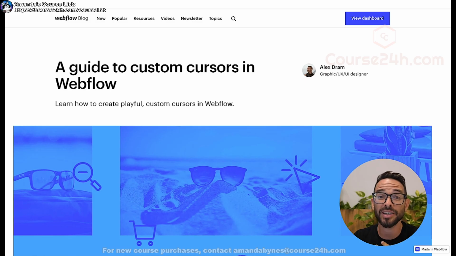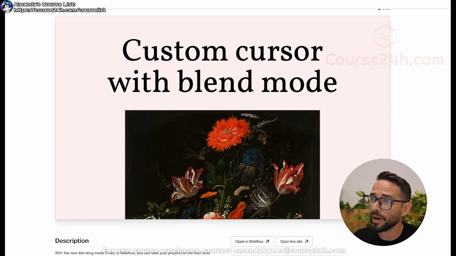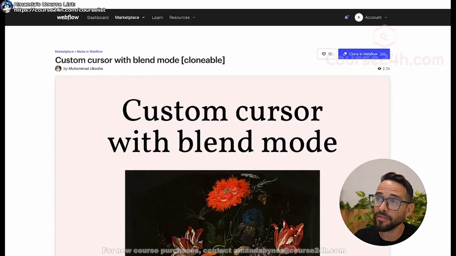Webflow's community has created so much great stuff for free that a lot of times you don't have to create this stuff from scratch. You can find out whether somebody created something that you can just copy and paste. And in this case, I was correct. Somebody created, basically based on this tutorial, a custom cursor with a blend mode, and you can see it here. Right now, the actual cursor on my screen is not hidden, the original cursor, but you can see how it's working. And I can go ahead and clone this and then implement this on my website, which is super, super